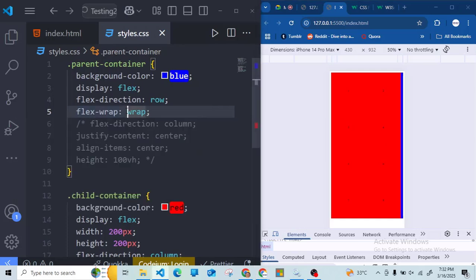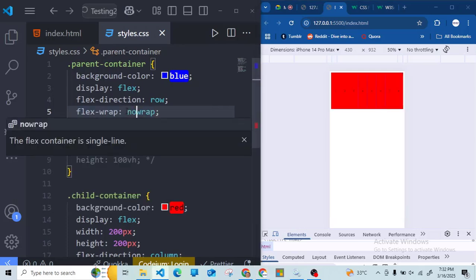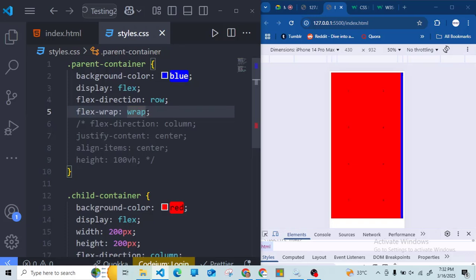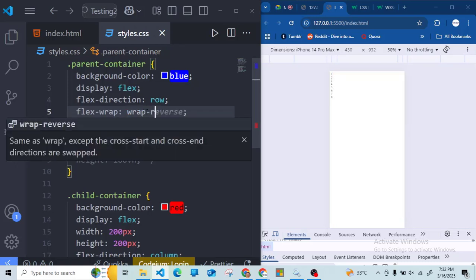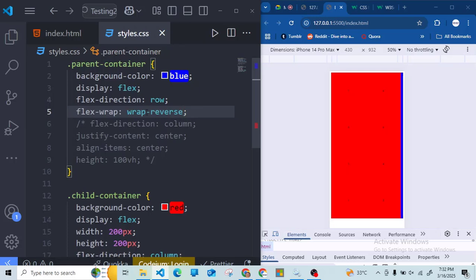But if I include no wrap, it will just remain the way it is. It will retain its default position. Now, if I put it to wrap reverse, just like flex direction row reverse turns the thing upside down, the same way if I put wrap reverse, it will still be wrapped, but you see that the arrangement will be disorganized. 8, 7, 6, 5, 4, 3, 2, 1. That is how reverse works. But what I want you guys to notice,